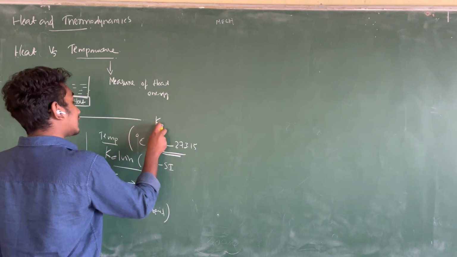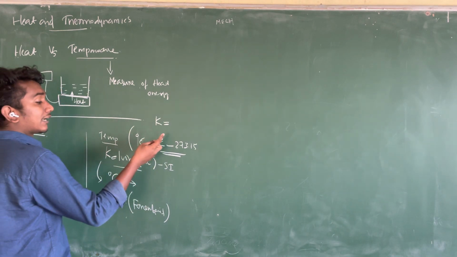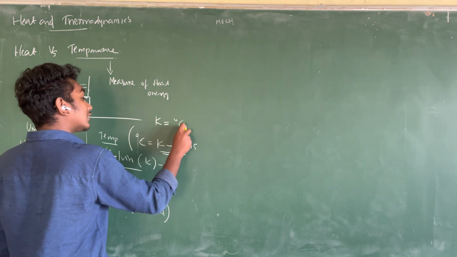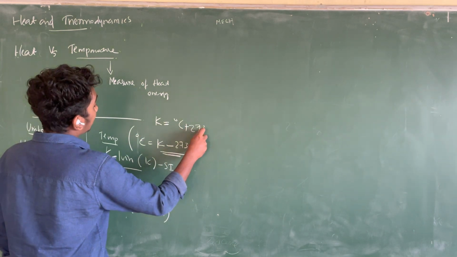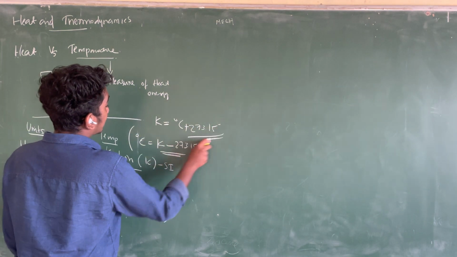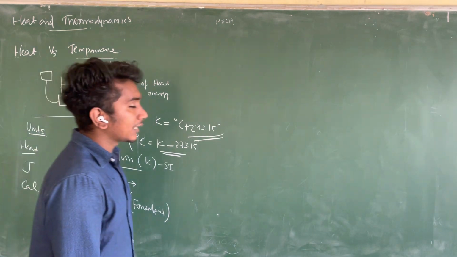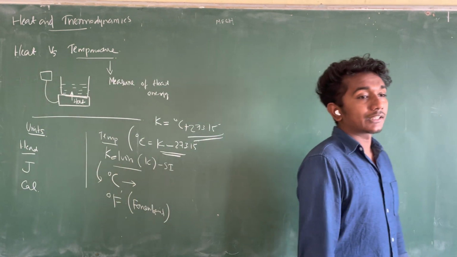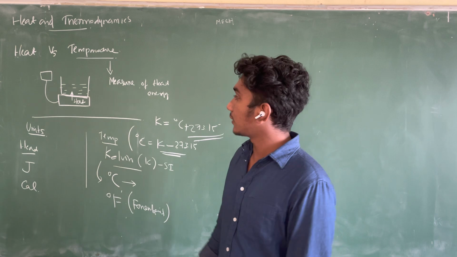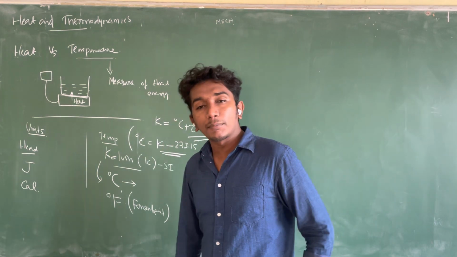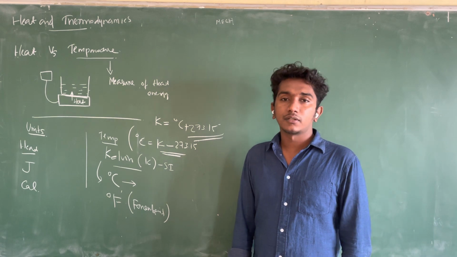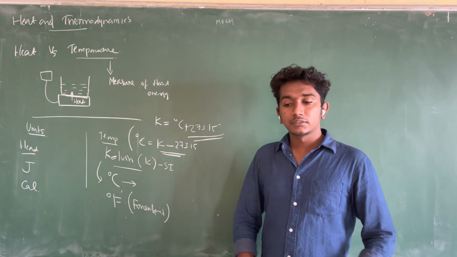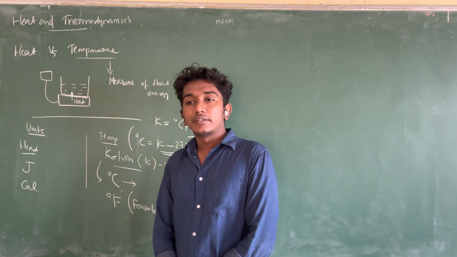Or when you want to convert degree Celsius to Kelvin, it is degree Celsius plus 273.15. More things about this we will discuss later. Actually it is not in the syllabus, but for the sake of understanding the problems, I just want you to know this. Alright. So I think this is the introduction and we will move to the next topic,